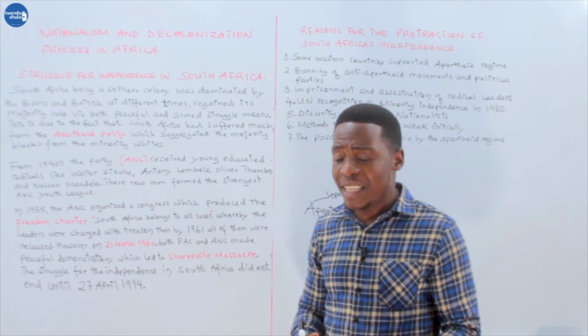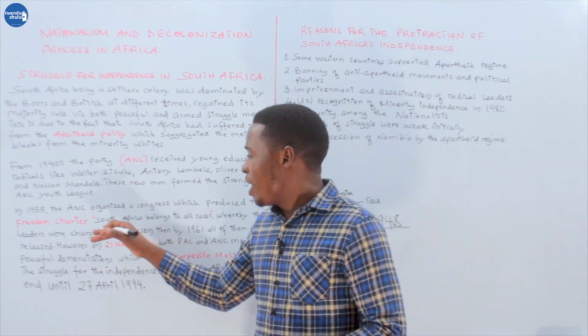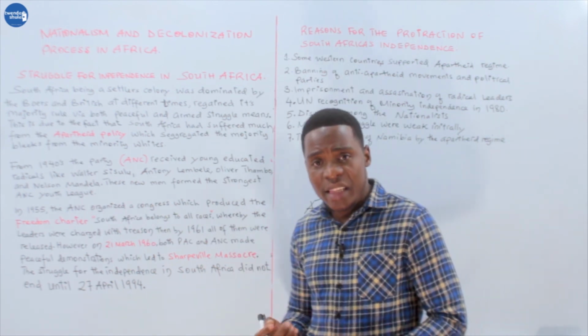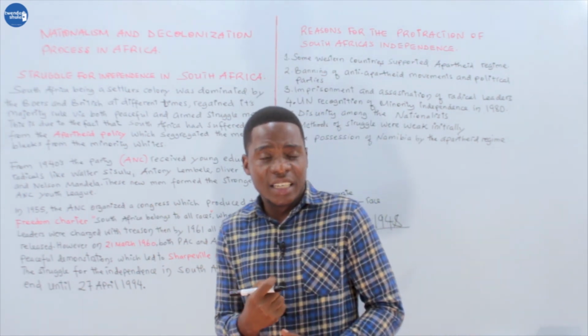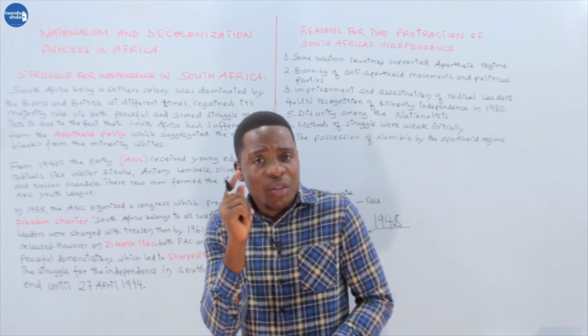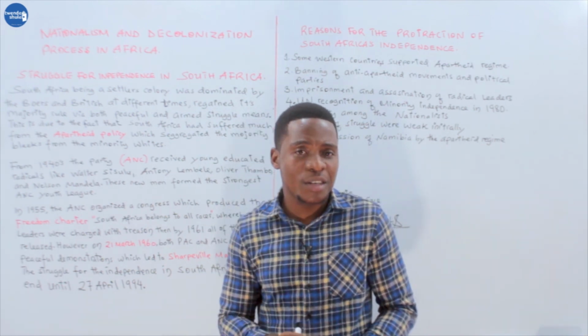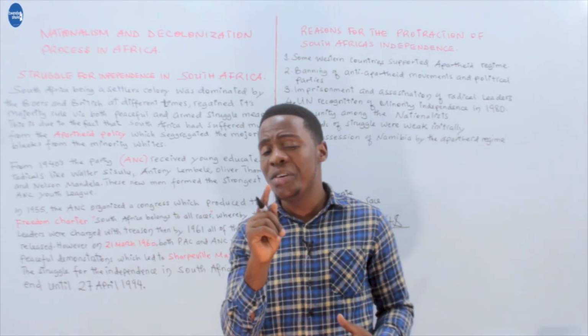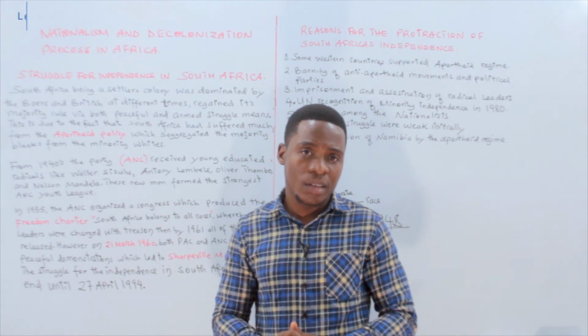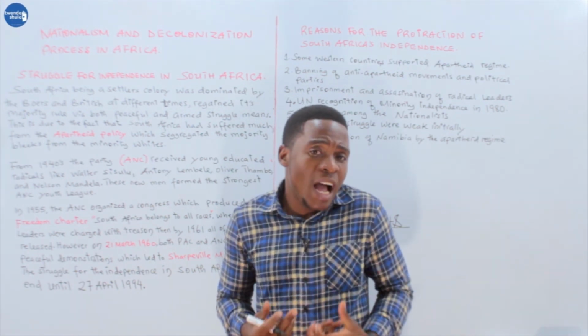And the Freedom Charter stated that South Africa belongs to all races. Now you can see the humility and the humanity of the people of Africa, that South Africa belongs to all races. While the Boers believed that South Africa belongs to the white race. So the Africans had no spirit